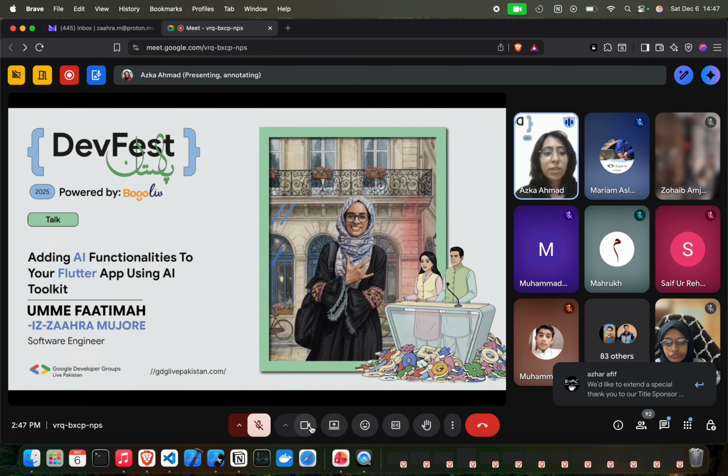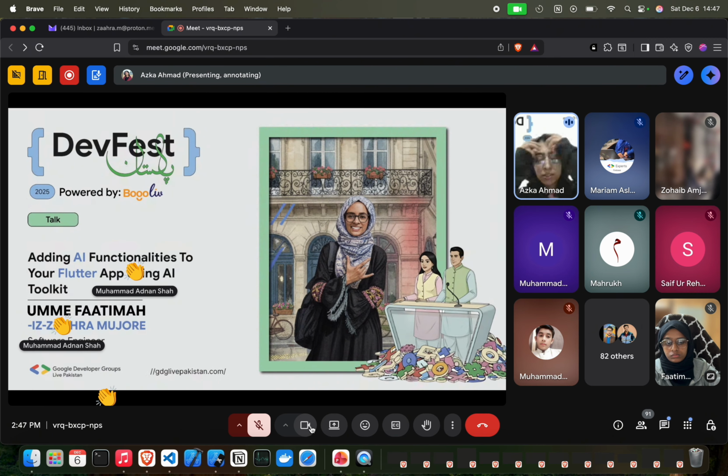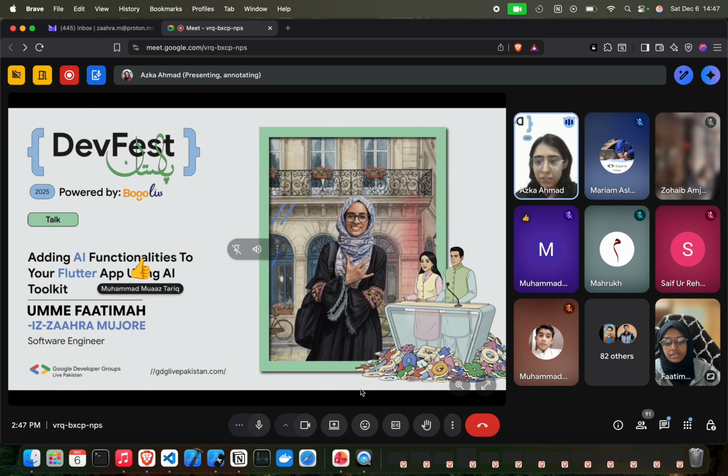For that, we have Fatma Zara. She is a software engineer and a freelancer from Mauritius, and she's also a WTM ambassador as well as a previous GDSE lead. So, Fatma, if you are present in the session, I think you have